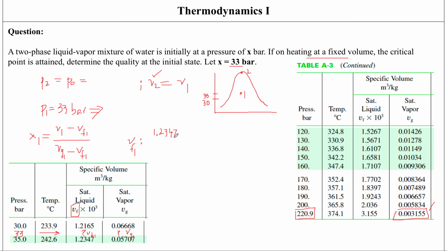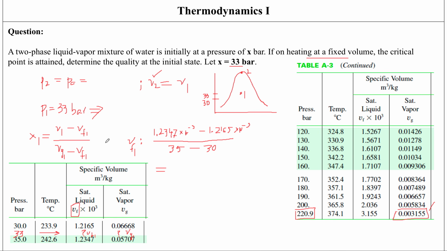1.2347 into 10 to the power minus 3, minus 1.2165 into 10 to the power minus 3 as well, and divide this entire thing by 35 minus 30, and this is going to be equal to,